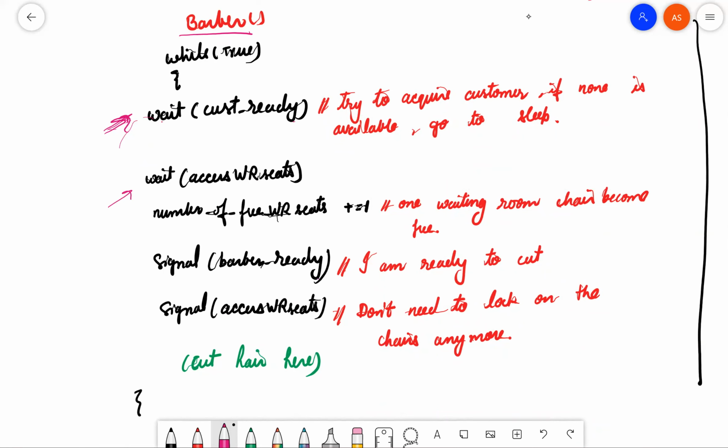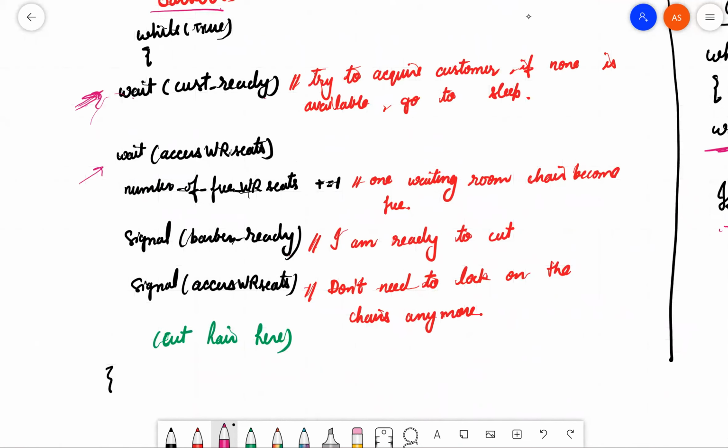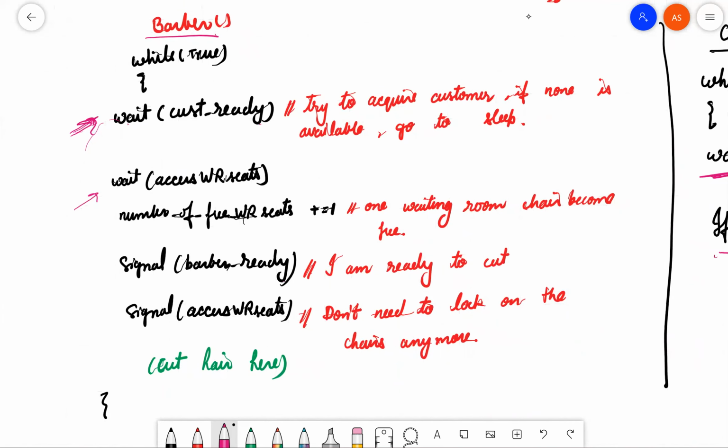Here the WR seat is 1, meaning access waiting room seat is 1, then the barber will access the seat for the customer, and now the number of free waiting room seats will be incremented by 1 because the barber has taken one customer for a haircut, and now there is one free seat available for other customers.